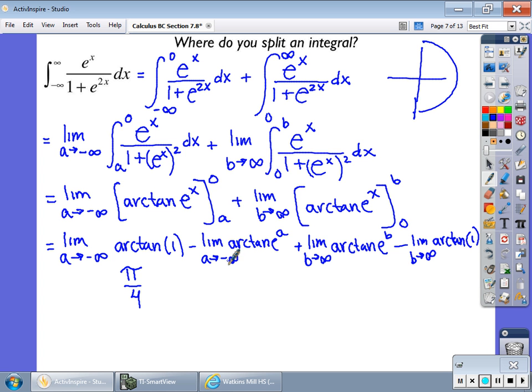Right here, the limit as a approaches negative infinity. Well, as a approaches negative infinity, e to the a looks like this. Oh, excuse me. As a approaches negative infinity,